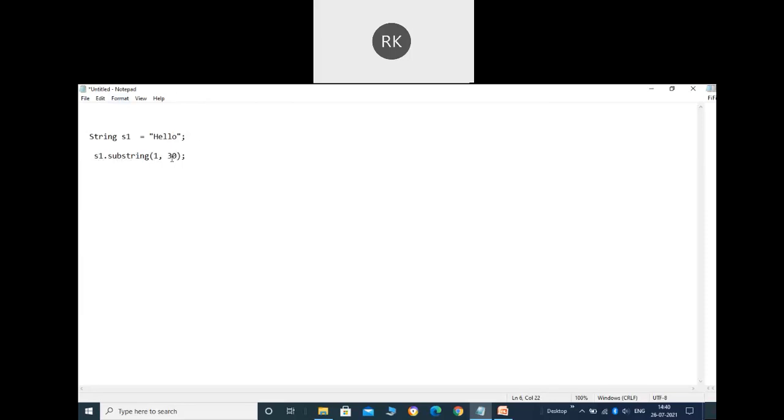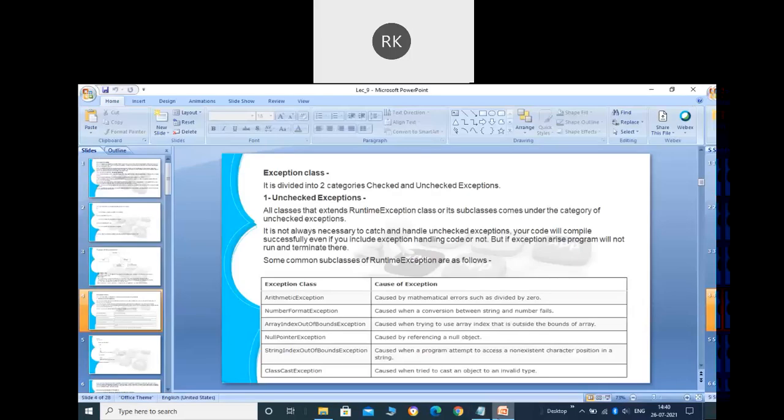You can see the 30th position is not available there. It just has 5 characters, so up to 4 we have the positions here. So this will be StringIndexOutOfBounds. You are performing an operation and you have defined an index that is not available in your string. So in that case it will throw the StringIndexOutOfBoundsException.